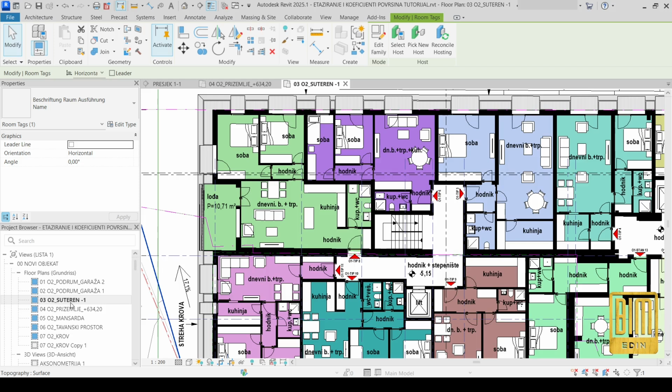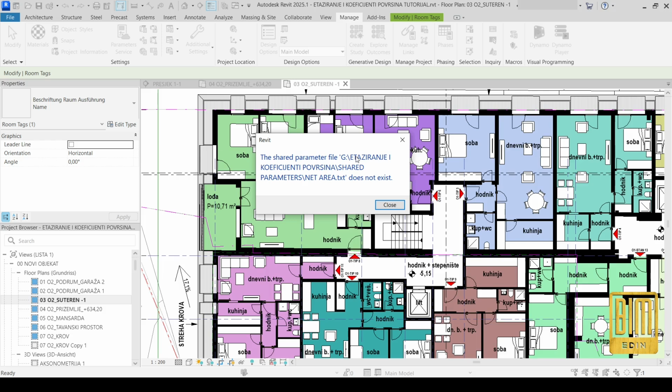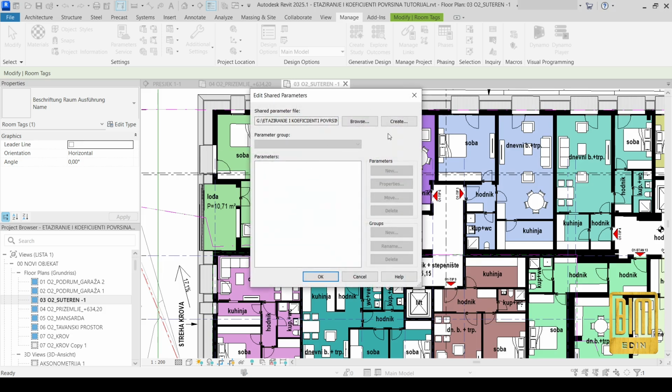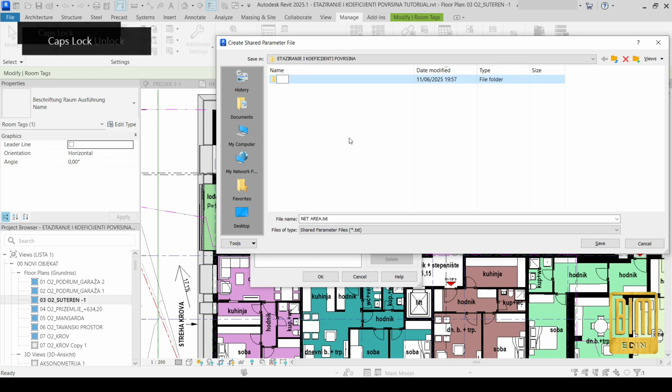Now, first we will add a parameter, and that will be a shared parameter. We go to Manage, Shared Parameters. I don't have any shared parameters, so I will first create the place where I will save the shared parameters for this project, and I will call it shared parameter. Okay, all right,